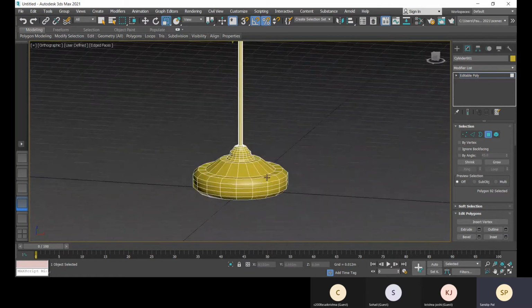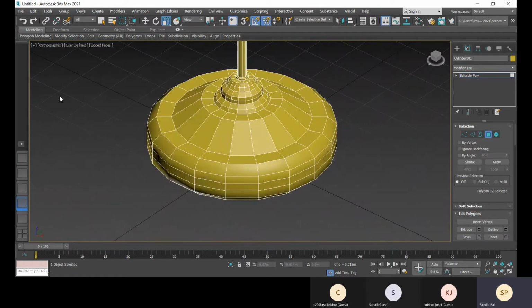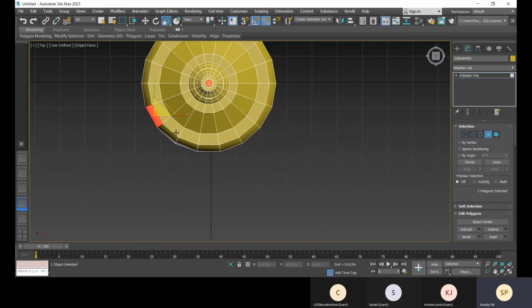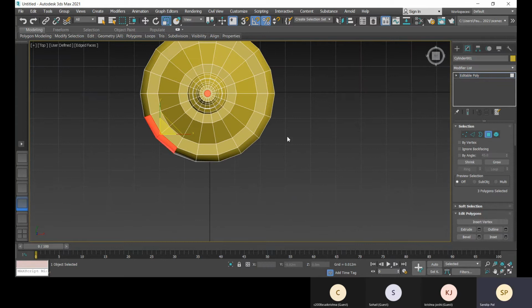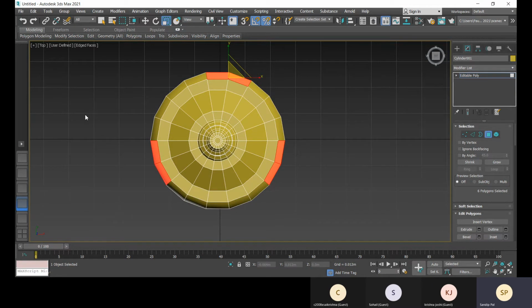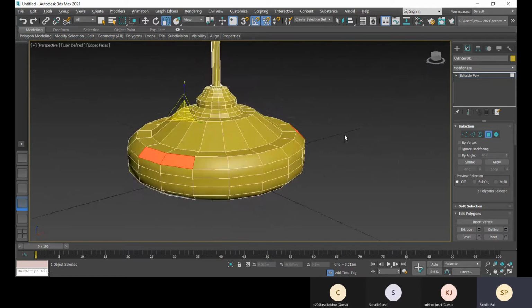Okay. And now for the blades, what I'll do is go to top view and there I'll select these two, these two, sorry, these two, these two and then these two. Okay. And again let's come into perspective. Now select only these two.